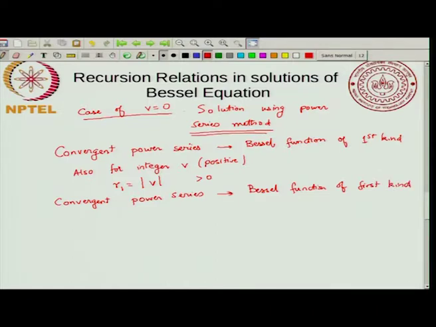Okay. So, the Bessel function of the first kind appears whenever you have V equal to 0 or V is a positive integer. In fact, what you want to say is the following: y is equal to the sum over a_n x raised to n plus V, where V equals 0, 1, 2, etc. We will see this in a few minutes. Here n equals 0 to infinity. So, this will be the starting point of that power series solution.